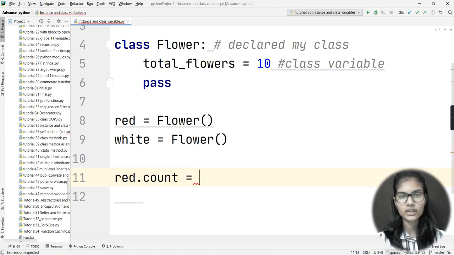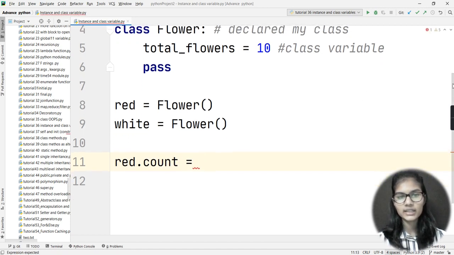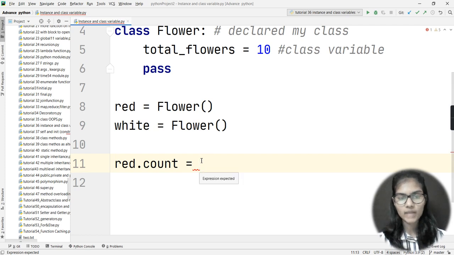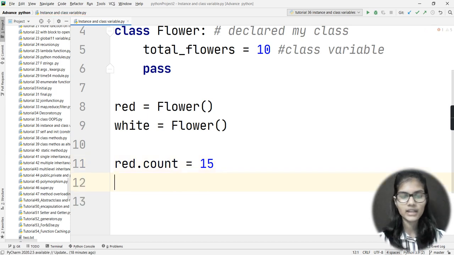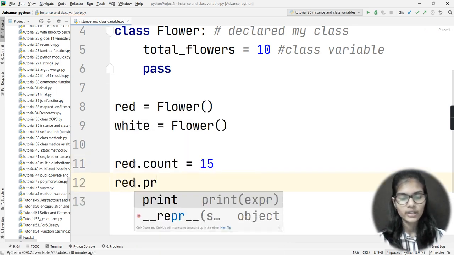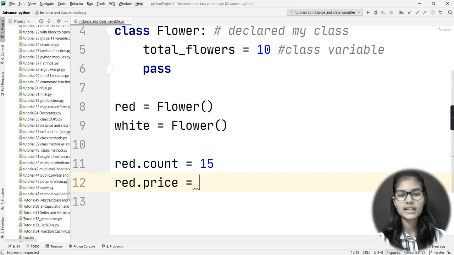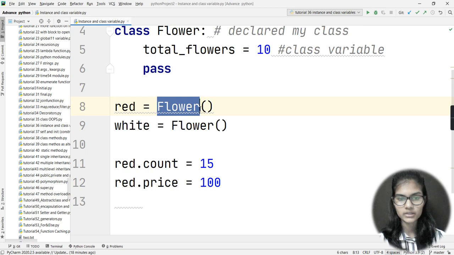Okay, let's say red dot count. It means basically what is the count of my red flowers that I am having. So red is my object for which I had made an attribute, and that is count. Let's say I just assigned the value as 15. After that I would write red dot price. Here I would write the costing of the red flowers that you are taking. Let's say I write it as 100. Now these are the two attributes which I have given onto this flower class for my